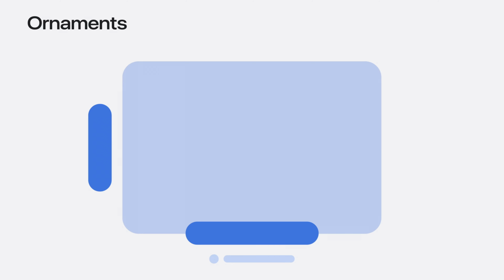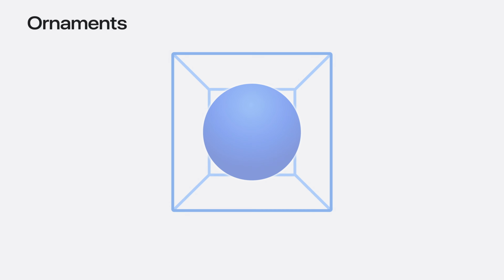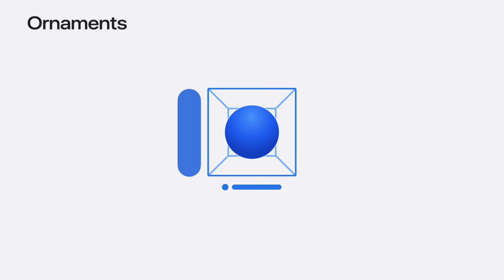Alongside the toolbar, you can now add additional ornaments to a volume. Ornaments are great for providing extra controls or more detail about the current content. They help to reduce clutter in the main window by floating auxiliary information above and around the window of an app. Windows can add ornaments anywhere, not just as a toolbar, but at any position around the window as well. And now, volumes can do the exact same, including with control over how deeply the ornament is positioned on the volume. Ornaments also dynamically scale, keeping them at a comfortable size when the volume is moved further away.